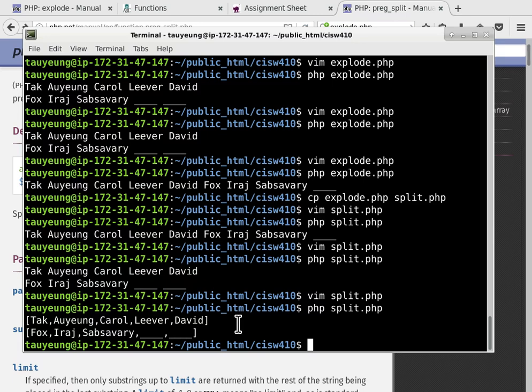I have a strong suspicion that you might find this split program useful, at least to take it apart and see which part you can recycle and use in your homework assignment. So what I'll do is I'm going to upload this video and also upload both the split and explode PHP programs, so they can examine each one and find out which part of it you can actually borrow and use in your